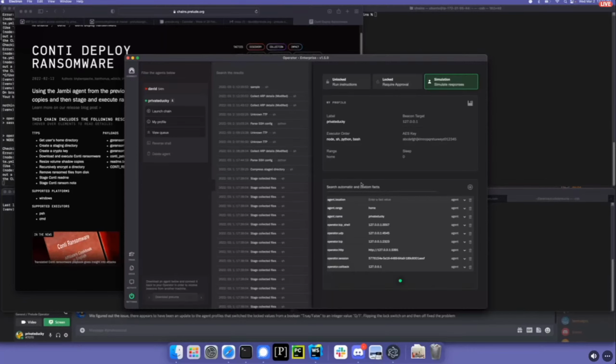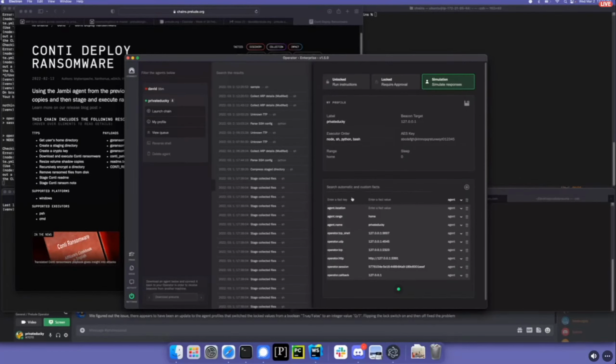Then last but not least in this section, you've got facts. Facts work the same as they have in 1.4 with a couple of adjustments. The first one is this table is now paginated and searchable, which addresses the slowness if you have a lot of facts in prod today. The second thing you'll notice is, if I add something new,